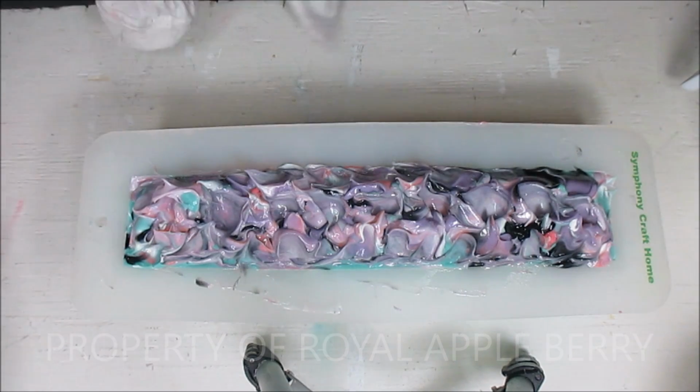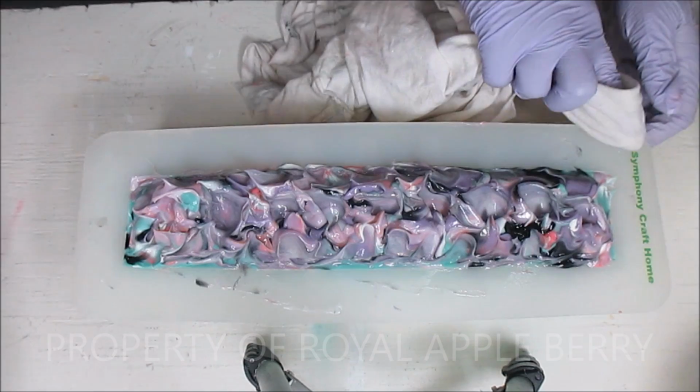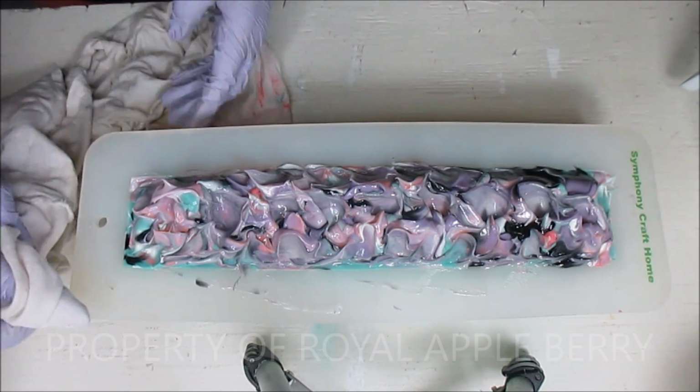Now, let's clean this up a little bit, and then we'll get these poppy seeds going. And I got perfect timing just because these people should be here soon, because I am getting my,